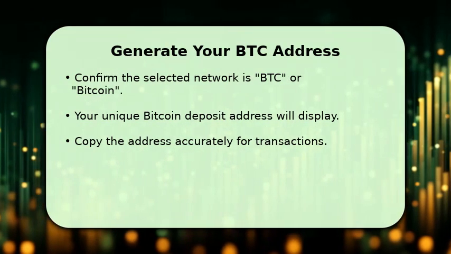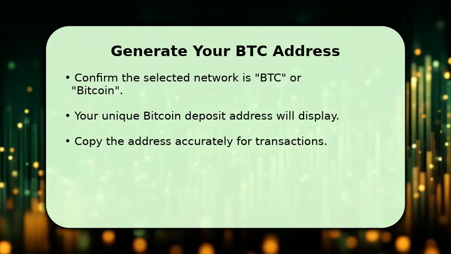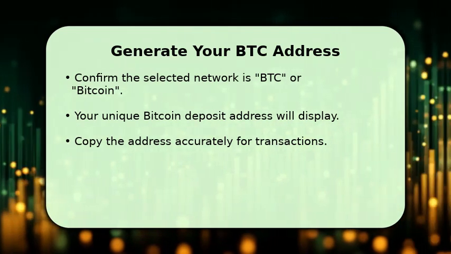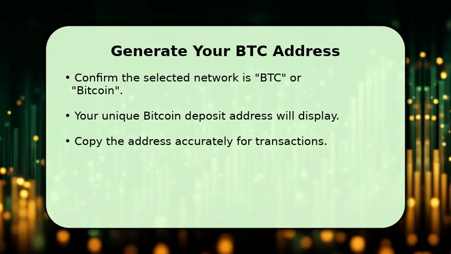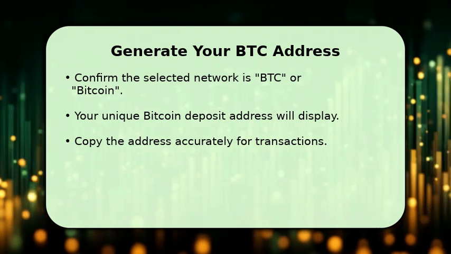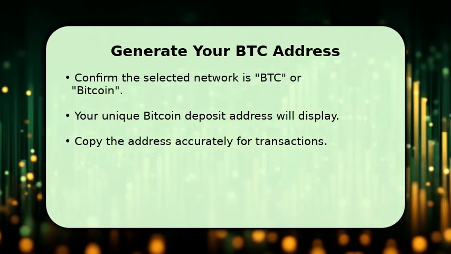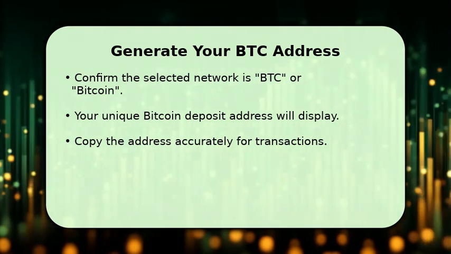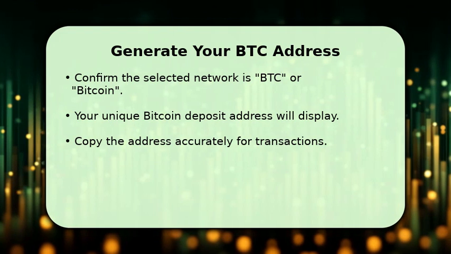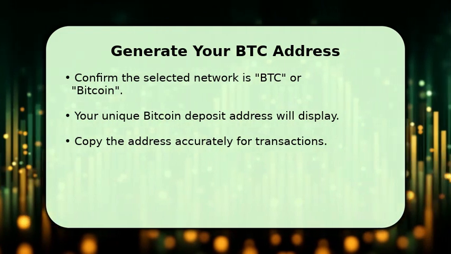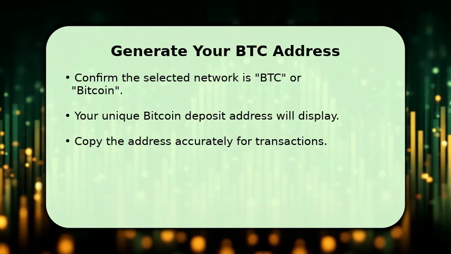After selecting the deposit network, your unique Bitcoin deposit address will be displayed on the screen. It's a long string of characters. Below the address, you'll usually find a QR code for easy scanning. Carefully copy this address. This is the exact address you will use to send Bitcoin from another wallet or exchange